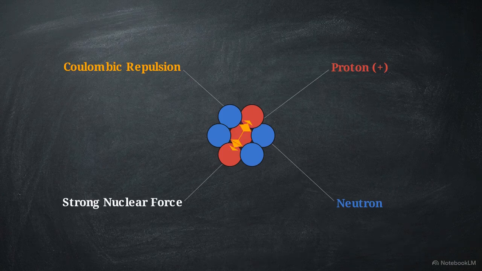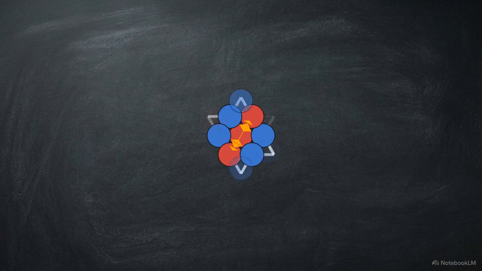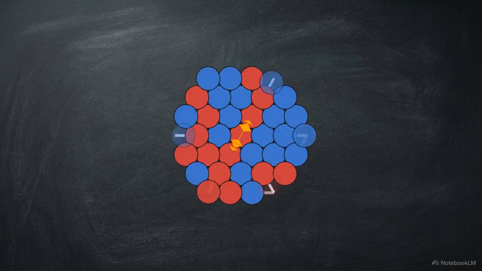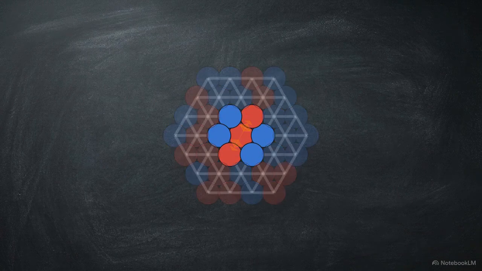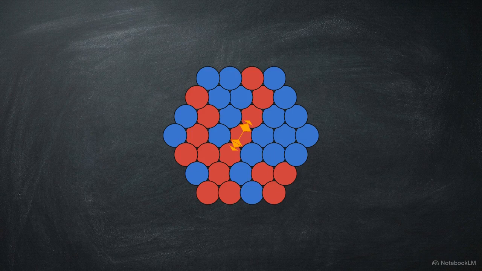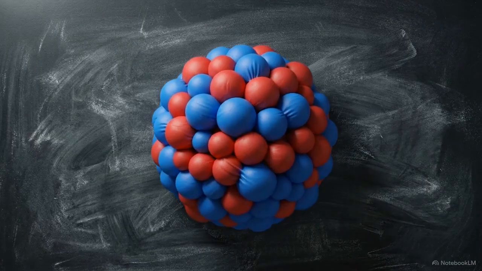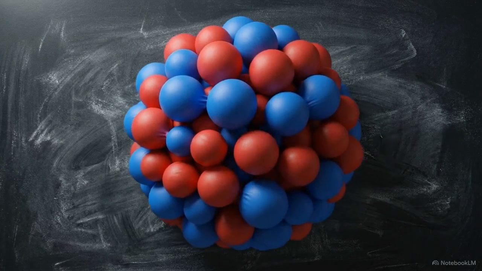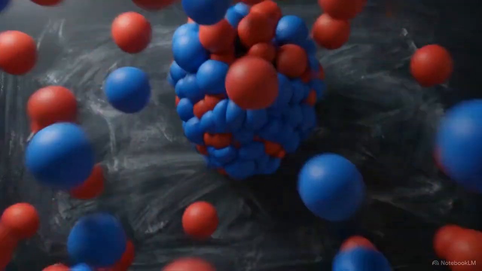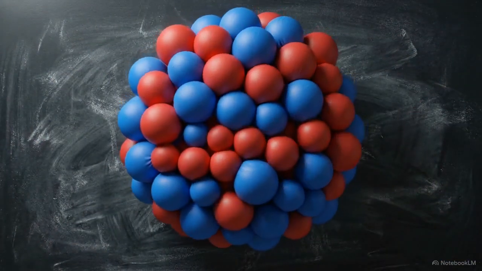As you pack more nucleons into a growing atomic structure, the diameter of the nucleus expands. The strong force binding a proton remains strictly limited to its immediate neighbors. The repulsive force, however, compounds across every single proton in the entire structure. Eventually, the growing atomic nucleus reaches a critical tipping point where the total outward push overpowers the localized inward pull.